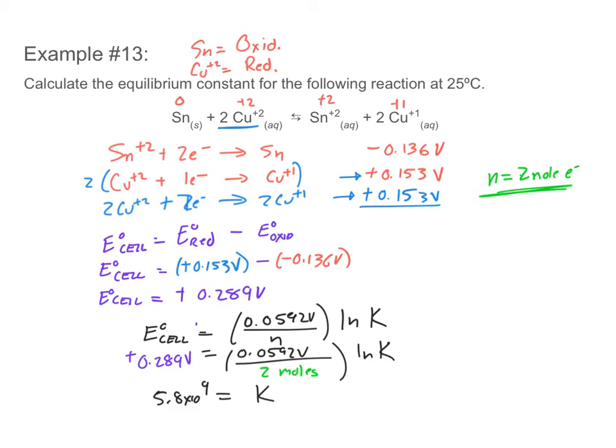Okay. Yes? And you just multiply by 2 to make sure the electrons are the same in each? Yes. Okay. Now, in this problem here, the really important thing to understand,